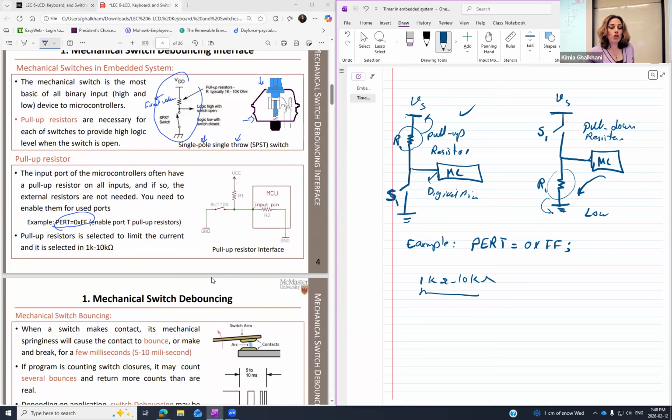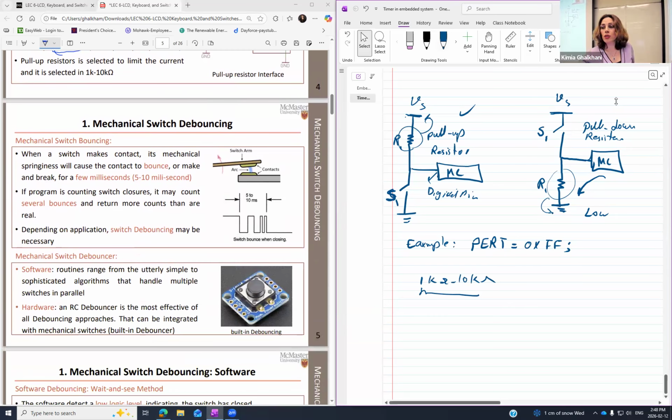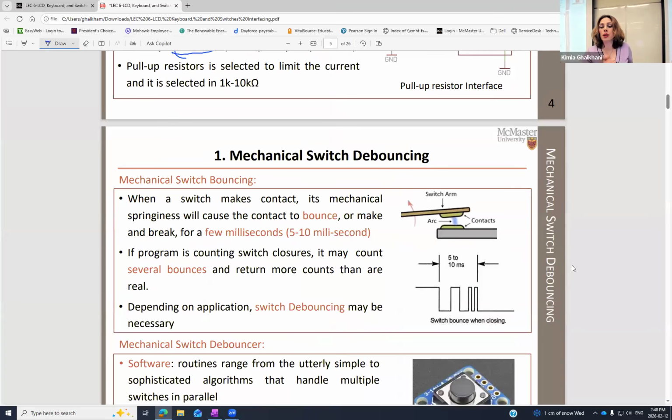Next, let's look at the structure of the actual switch. This might be interesting for many of you to learn. I'm going to maximize this slide. Probably most of you never knew that when you push a button or toggle a switch, the contact between that input and output is not going to happen immediately. Most of the time, based on the quality of that switch, there is a lot of bouncing. As long as you push that one, you are done with the pushing, but the bouncing is happening inside the